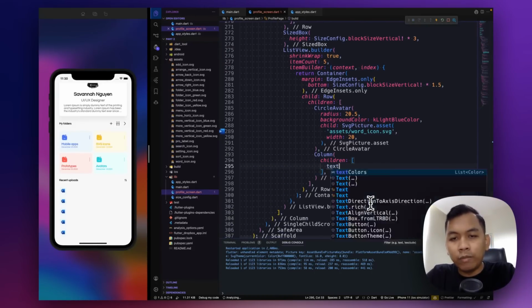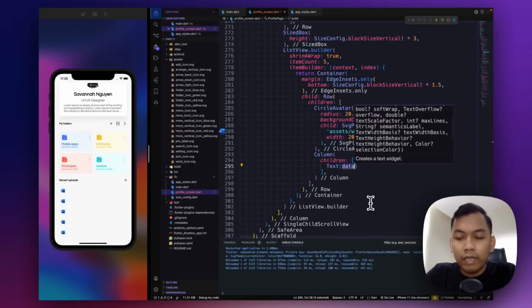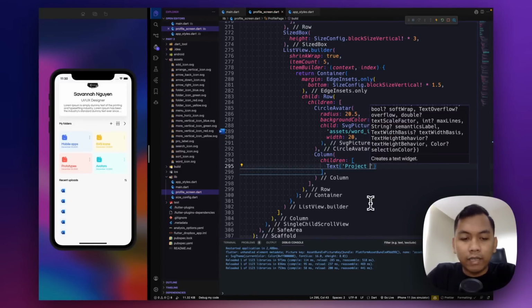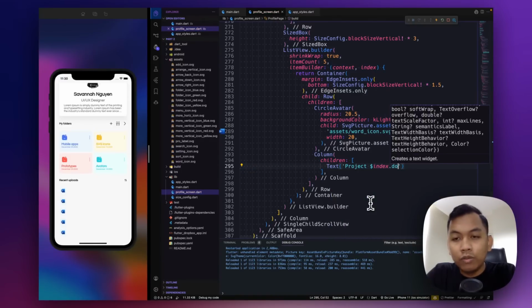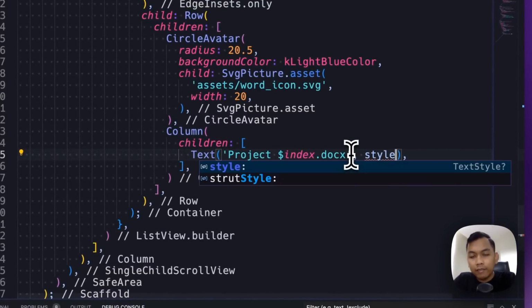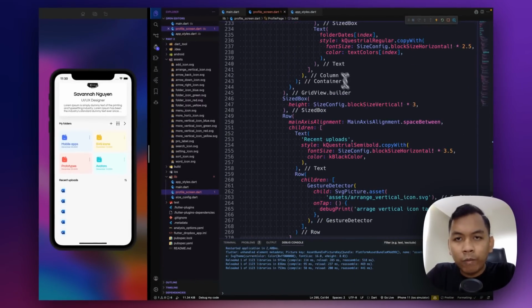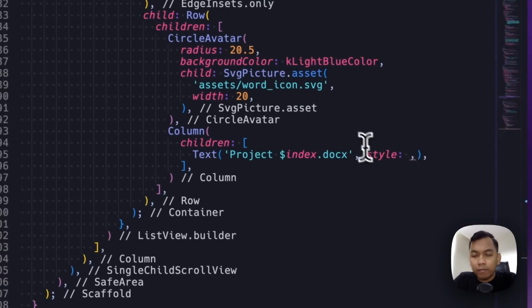The children will be text widget, and it will be project and then index.docx. And here we can set style, and I think we just need to copy from this and change a little bit.